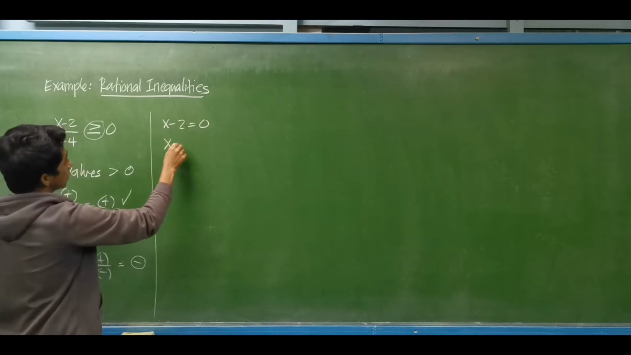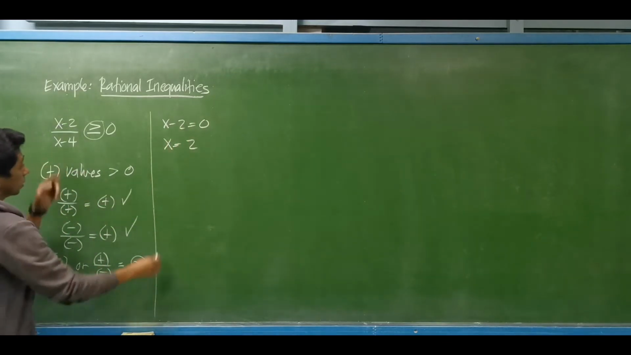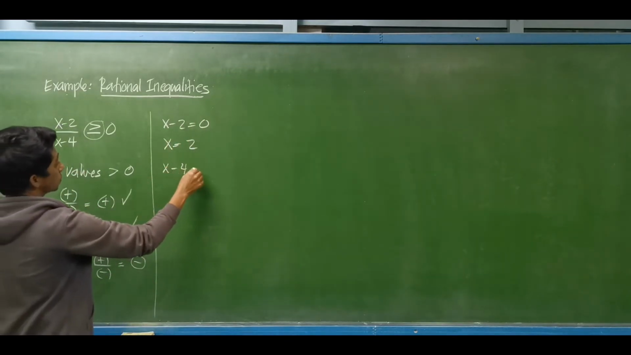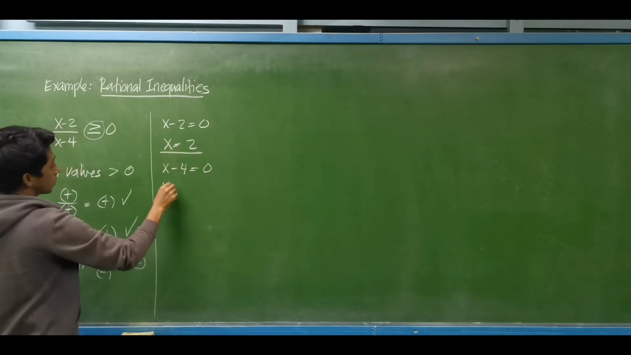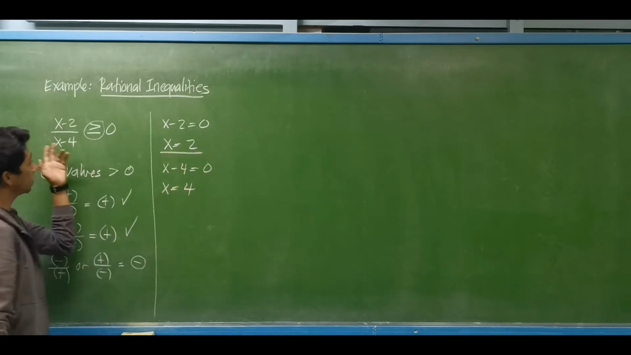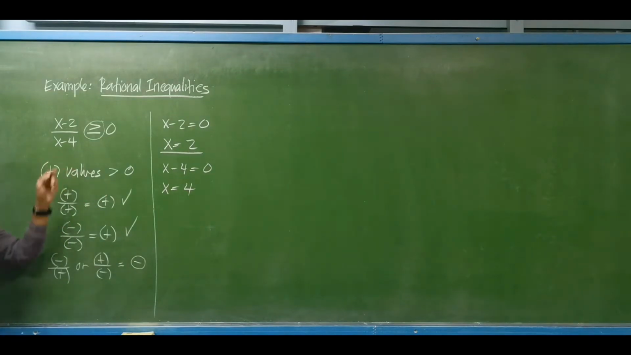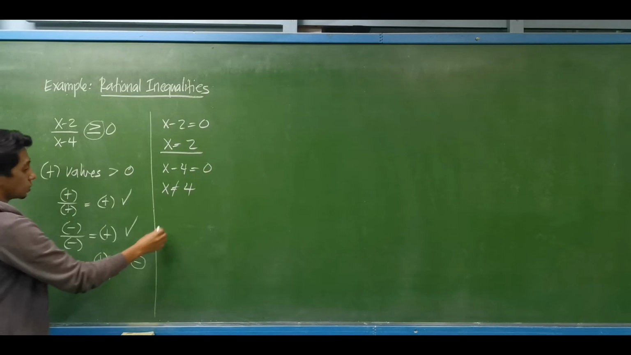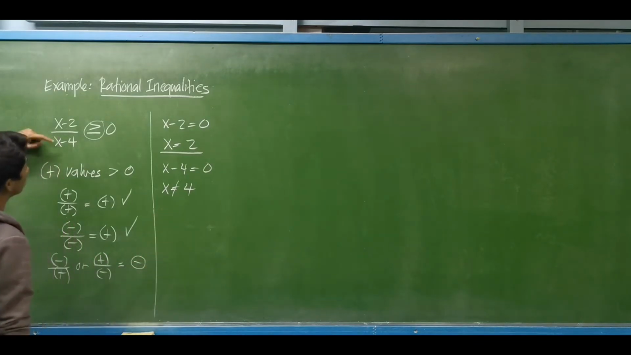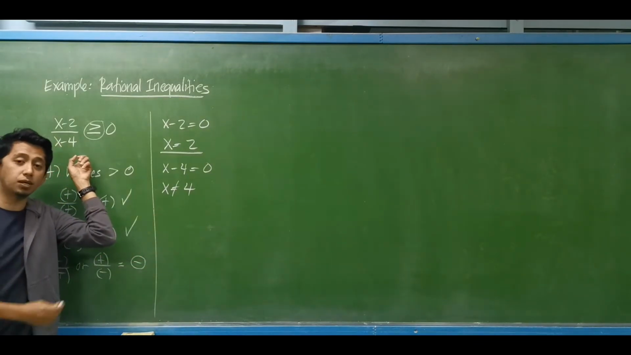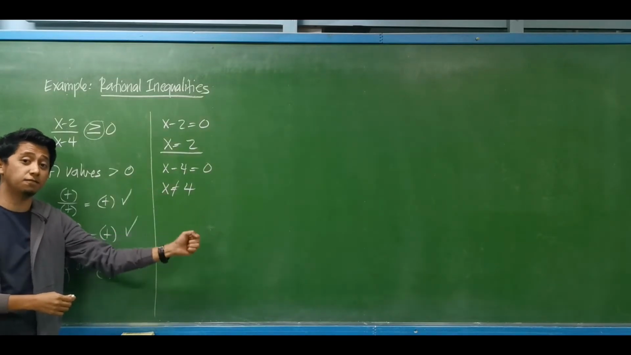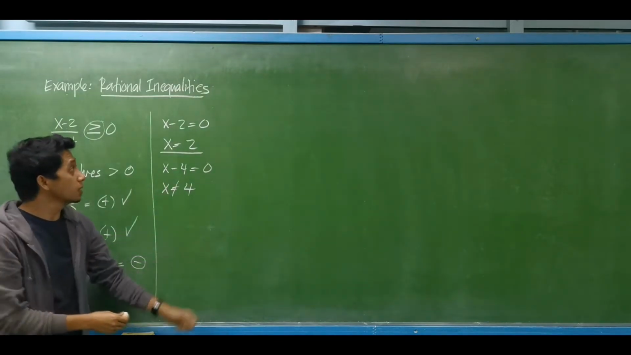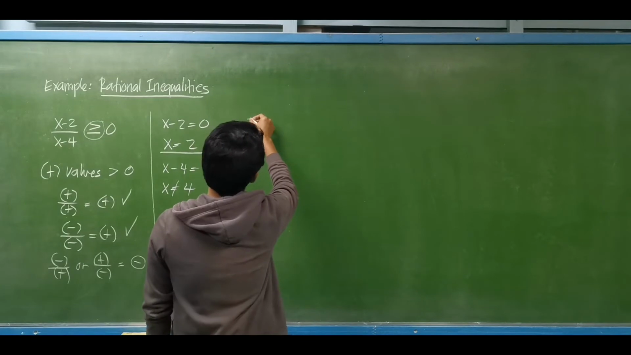Just to have our reference points, we set x - 2 equal to 0, so one of our references is x = 2. Then we have x - 4 equal to 0, which is x = 4. But for this case, we can't have x equal to 4, because if x is equal to 4, we'll have a 0 denominator, which gives an undefined quotient. So on our number line,